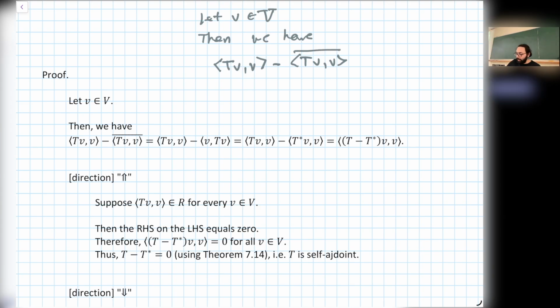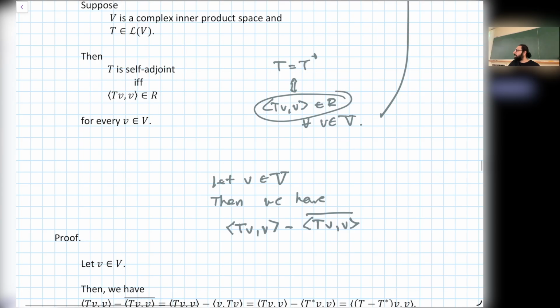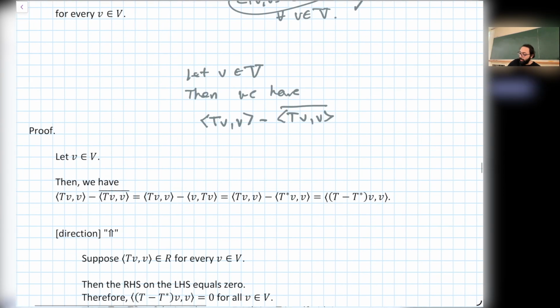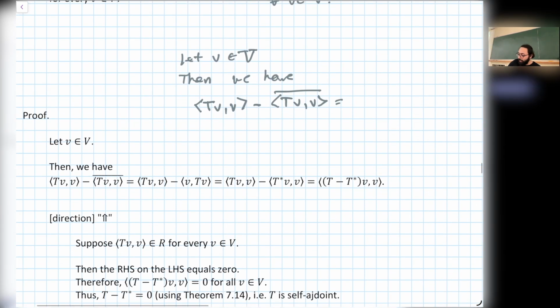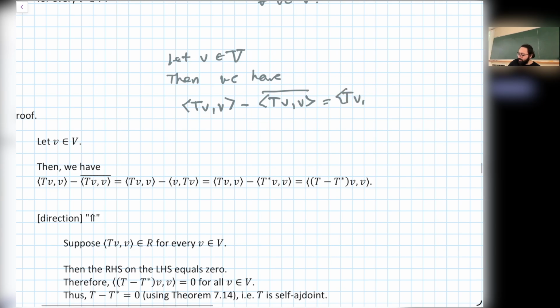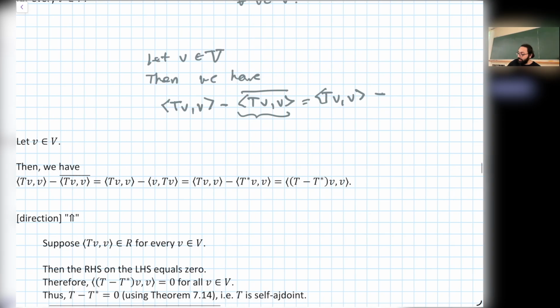Okay, why are we doing this? Intuitively, we want to worry about this thing being real, so we're subtracting its complex conjugate, and then we'll argue when this would be zero or not. Let's write this expression more carefully. This we can write as ⟨Tv, v⟩. The first part is exactly the same. The second part, when I take the complex conjugate, we'll get ⟨v, Tv⟩. You just flip the vectors. That's fine. Now we can use the